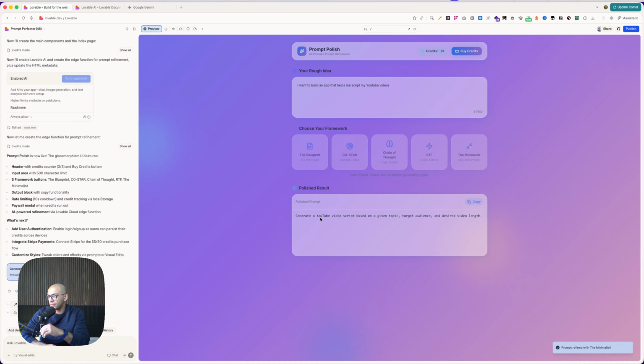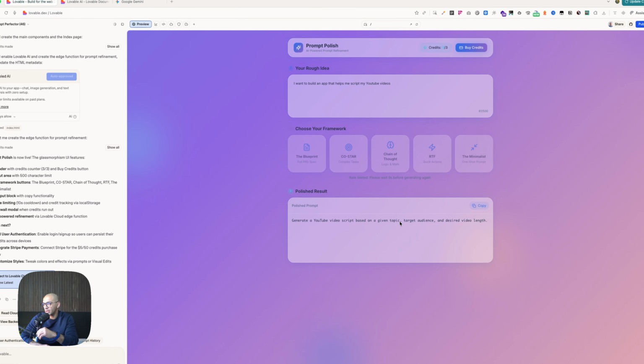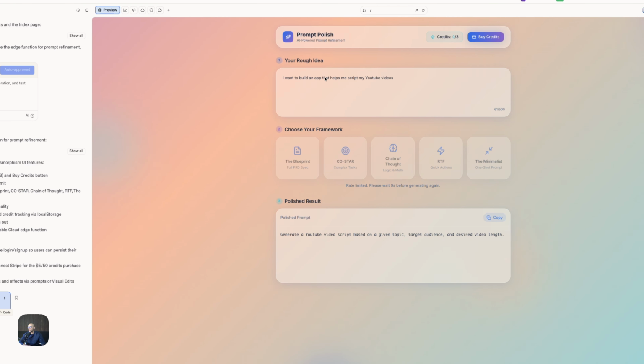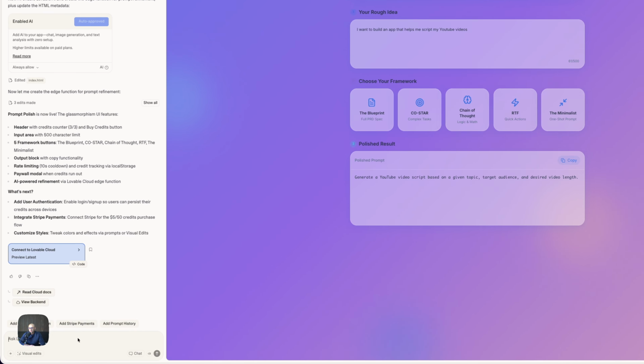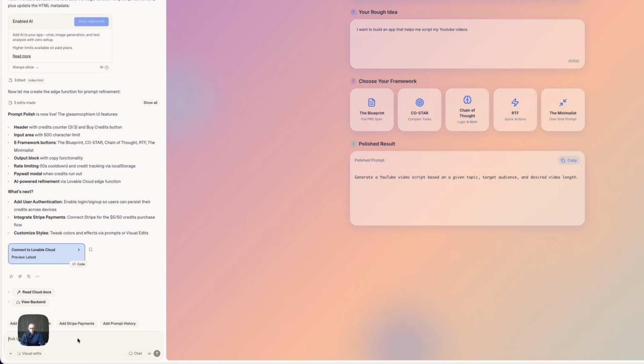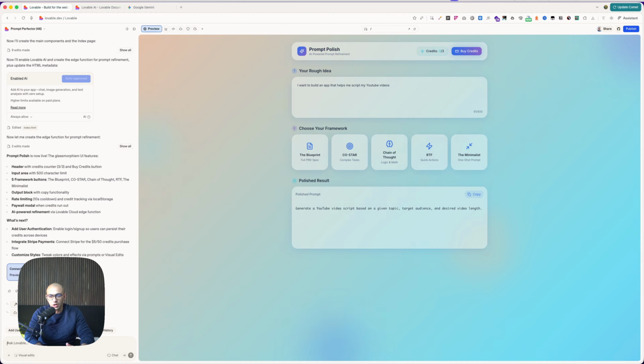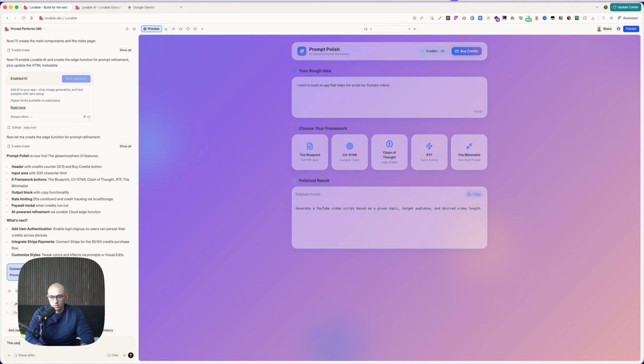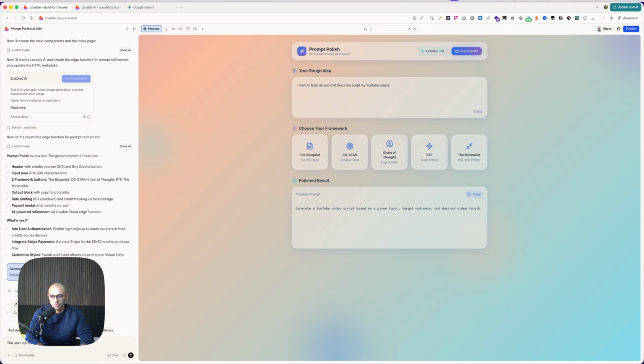Generate a YouTube video script based on topic. Okay, so it's not getting that it's an app. I want to build an app. So let's prompt again just to make sure. Sometimes I use the CAR framework, so context, action, and result. So we just give it some context. The user inputs are always prompts that are to be